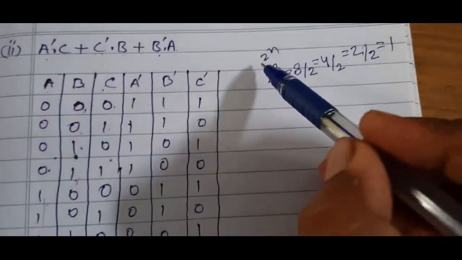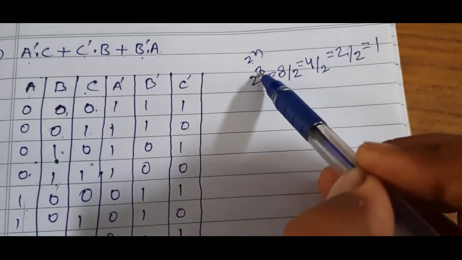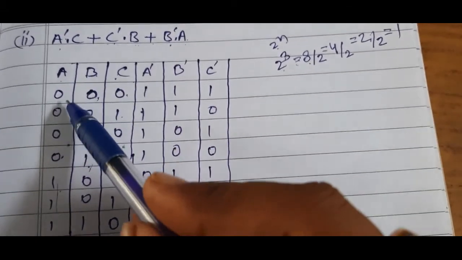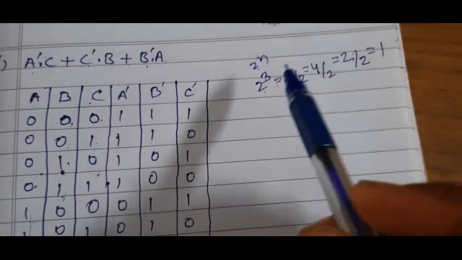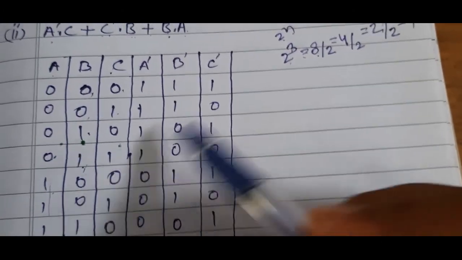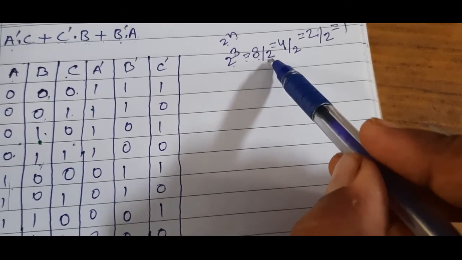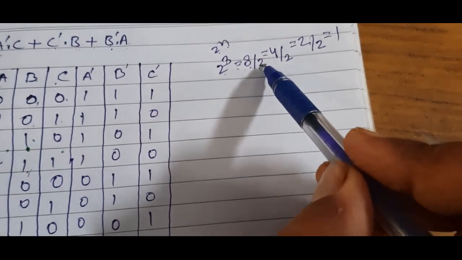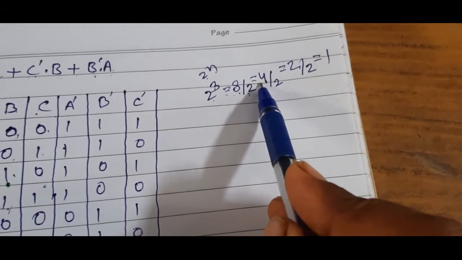Let's check it. Two to the power n, because here there are three inputs, so our power will be 3, meaning a total of 8 possibilities. We have to create them here. But how will it be divided into 8 parts? It will be divided by 2, because I told you 2 is the base of 0 and 1 binary. So the first division will be 4 negatives and 4 positives.